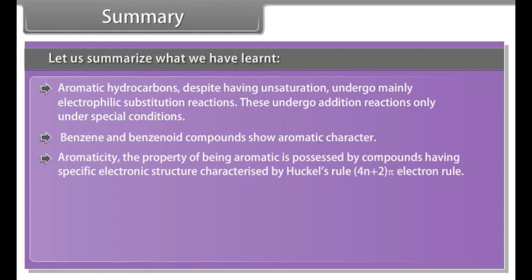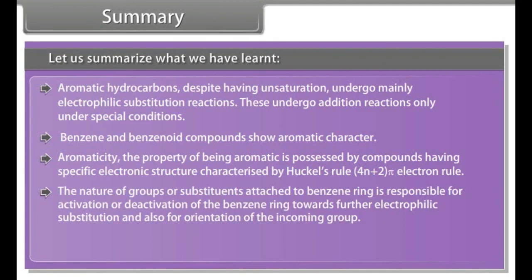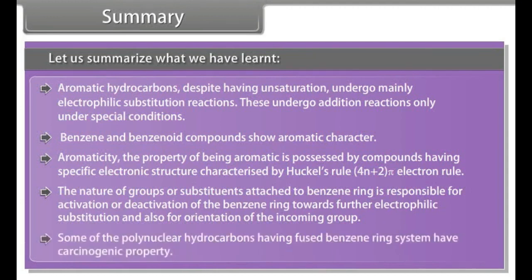Aromaticity, the property of being aromatic, is possessed by compounds having a specific electronic structure characterized by Huckel's rule, the 4n plus 2 pi electron rule. The nature of groups or substituents attached to the benzene ring is responsible for activation or deactivation of the benzene ring towards further electrophilic substitution and also for orientation of the incoming group. Some of the polynuclear